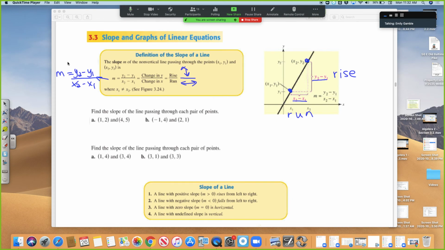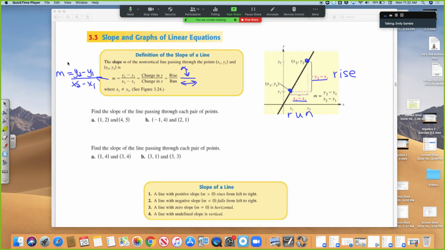So if you think of a number line, if we had a vertical number line, the numbers above would be going up. The numbers below 0 would be negative, going down. So whenever you are moving up on a line, like to get from this point to that point, you're going up, that would be a positive rise movement. Whenever you're going down, if the line was a negative slope, that would be a negative movement. So that means your rise would be